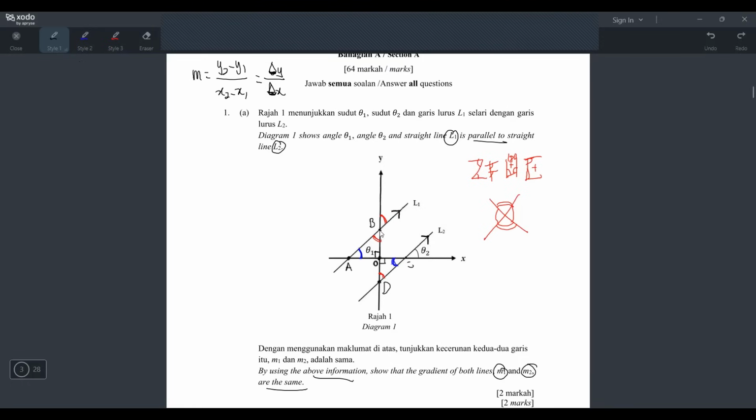So what I'm trying to do now is trying to use this first triangle and this second triangle to prove that they have the same gradient, right? So now we already managed to prove that these two triangles have same corresponding angles. Do you agree? Because these two triangles have three same corresponding angles, because this red color matches with this red color, this blue color matches with this blue color, and this 90 degrees matches with this 90 degrees. So we can conclude that